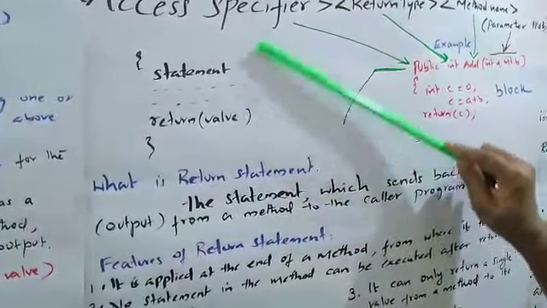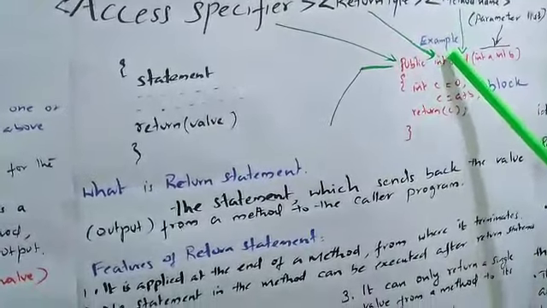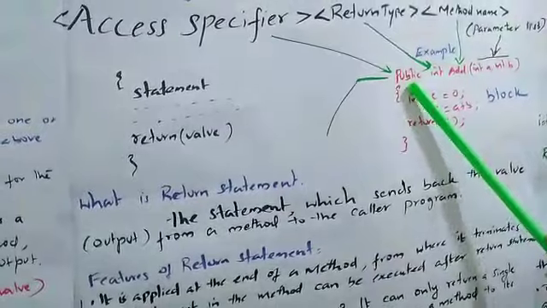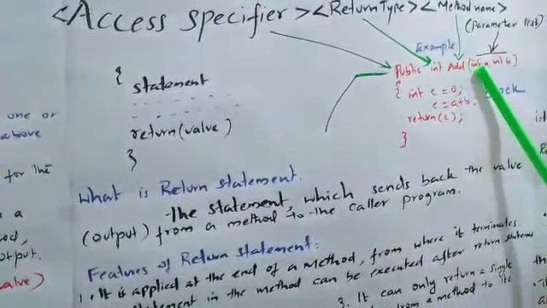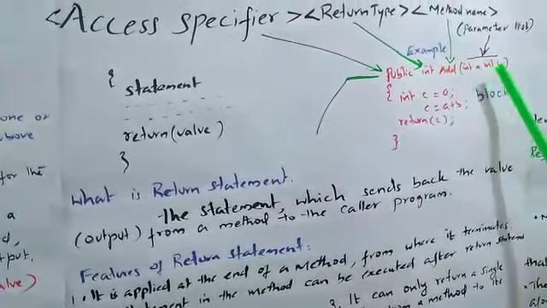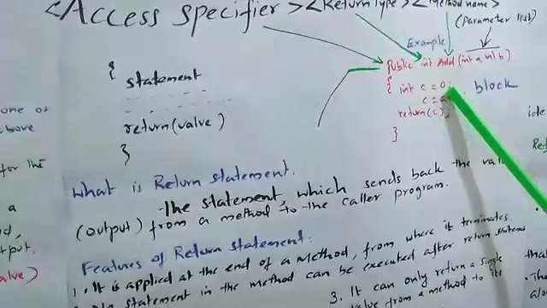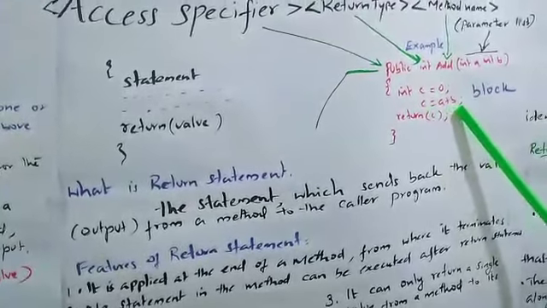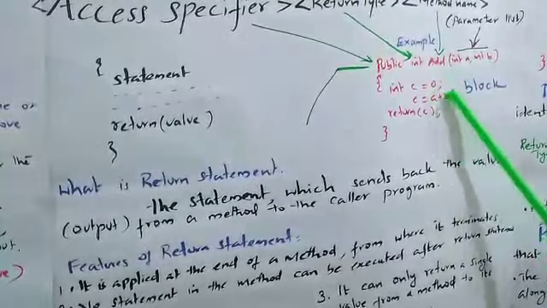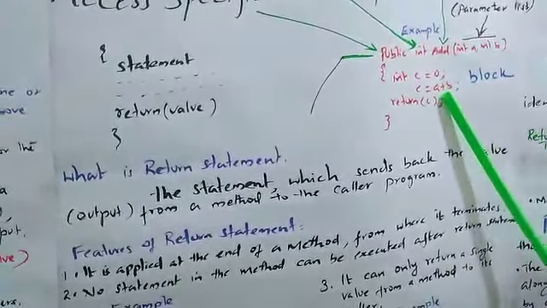And this part is the function body. Now suppose you have one example: you have to do addition of 2 numbers in a function. How will you do it? You will write public int add(int a, int b). Those 2 integer data types you have to take, and a and b are the variables. After that you have to write int c = 0; c = a + b; then what have to return? c. And this part is what we call the block. This is the function block. This is how we define functions in Java.